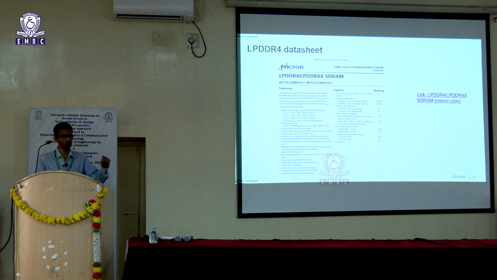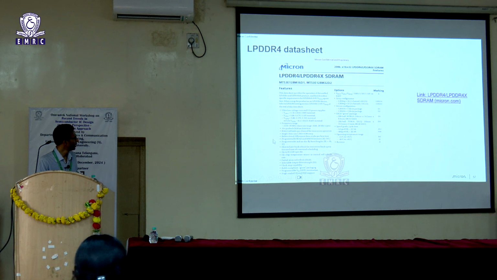So, the DQ runs with this supply, whereas VDD2 is what you would be using for your internal memory core operation, and VDD1 is used for all analog generation, supply generations. As I said, we need a much higher gate overdrive for the DRAM bit cell to operate. So, even though the cell is storing 1 volt, you would need say 1.5 or 2 volt on the gate, and that is generated using this VDD1 supply. So, those are the 3 primary supplies, and then of course, you will have VSS ground.